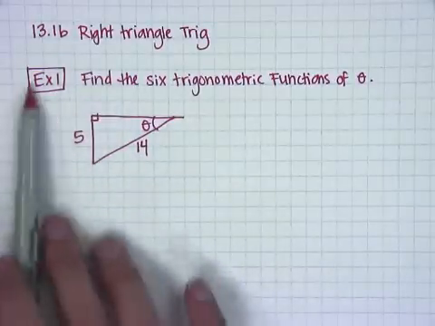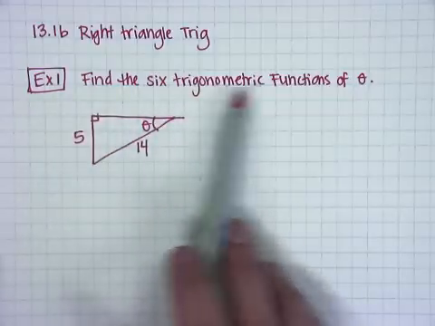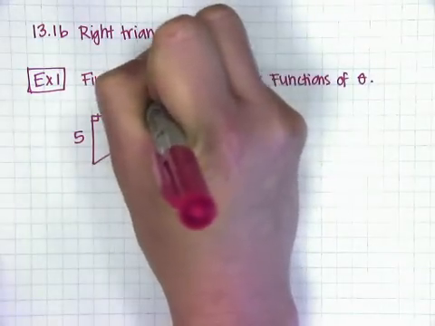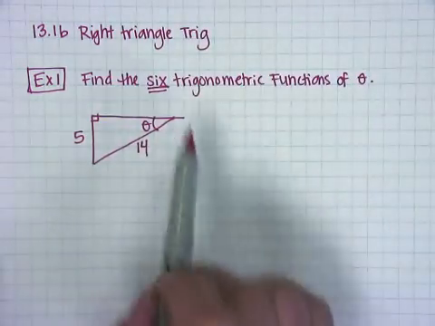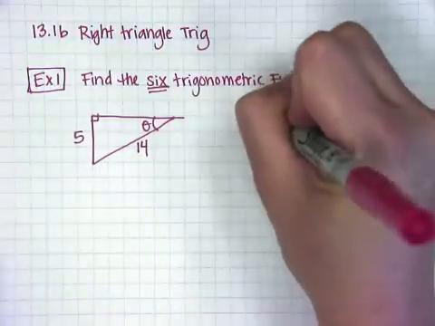Today we were working some more on right triangle trig, and the problems we were doing looked like this first example, example 1. We've got: find the 6 trigonometric functions of theta. Notice here that there are 6 of them. Now in class today we talked about SOHCAHTOA, and those are the first 3. So if I write out